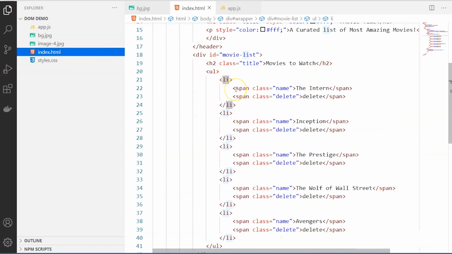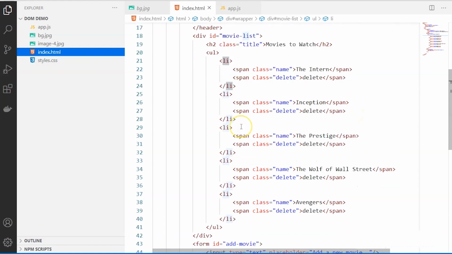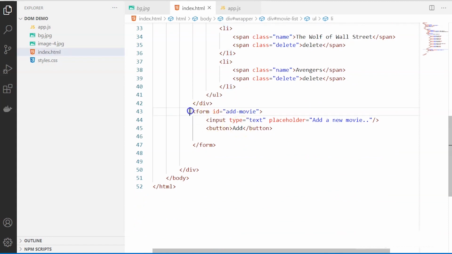Each list item had two spans: one is the name of the movie, another is the delete button for the movie. Lastly, we added an input element for the text box where you can add the movie, and also a button to submit so that the new movie is inserted.